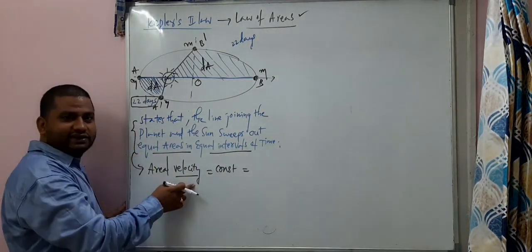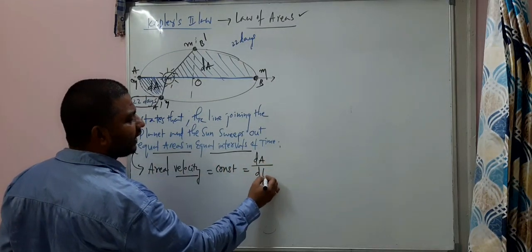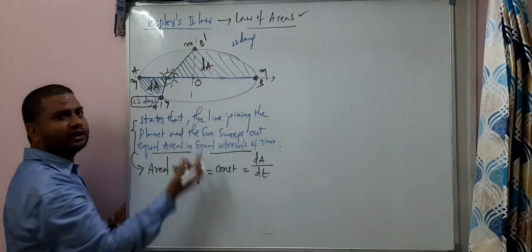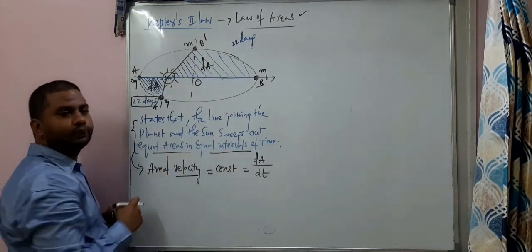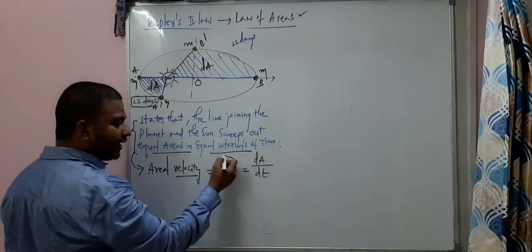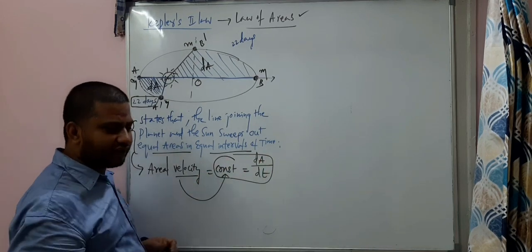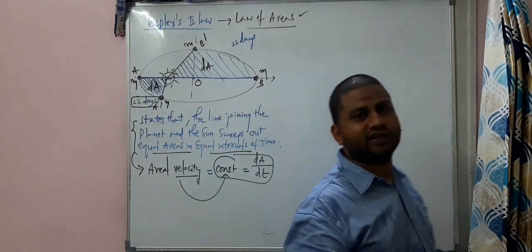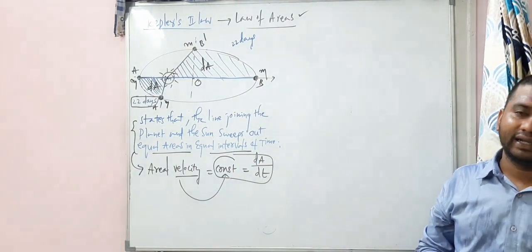Here, aerial velocity means aerial displacement by time. Here, see the aerial displacement, dA by dt is 22. And here also dA by 22. So aerial velocity of a planet is constant. Very, very important expression I have told you. Aerial velocity of a planet is constant, and